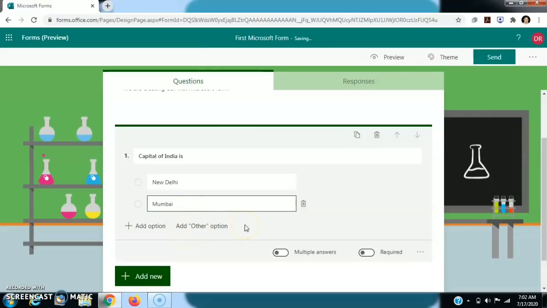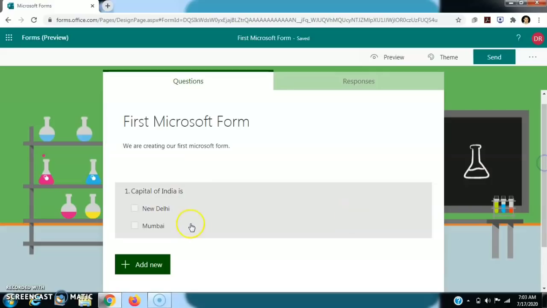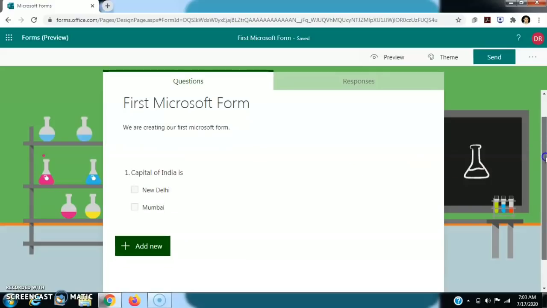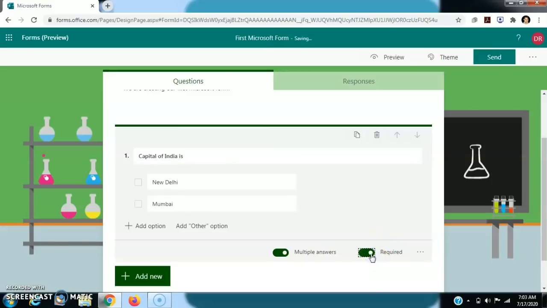If you want to make it single choice, it is currently single choice, and if we want to make it a multiple-answer question, then we have to click on this. In this way we can make the question multiple answer. If we want to make the question required, then we have to click on this, then it will be required and the user cannot skip it.